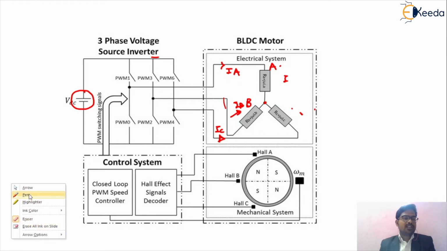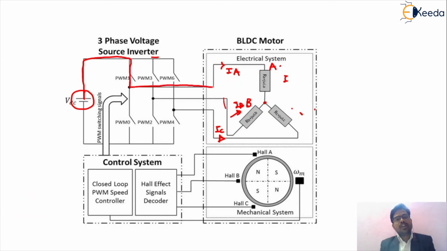So friends, let's understand the concept of that particular path. First, the supply will go like that, from the first switch like that. Now this supply will go to phase IA. So this is IA. Now it will move to IB. The direction of this IB is now reversed. So it is the reverse current direction, and through switch number 2, that path will be completed. This is positive, this is negative.